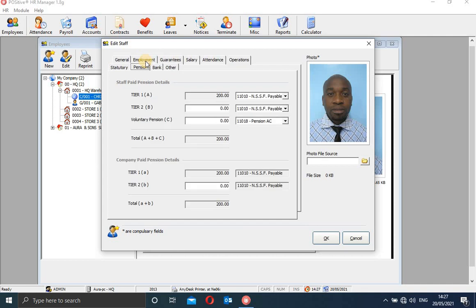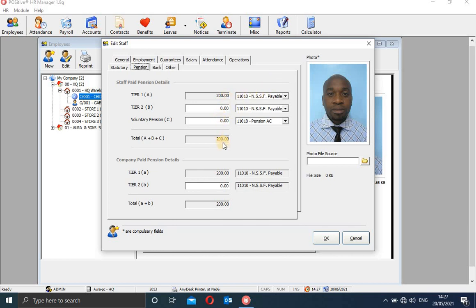And then finally here, the pension. Of course, the pension here indicates the tier 1, tier 2, with the amount. Like currently in our government, your NSSF is being cut 200 shillings. I don't know, they increased some money recently. So mine, I need to update it. It was 200 by then, but maybe they've increased. So that is NSSF, and I think it is still 200.